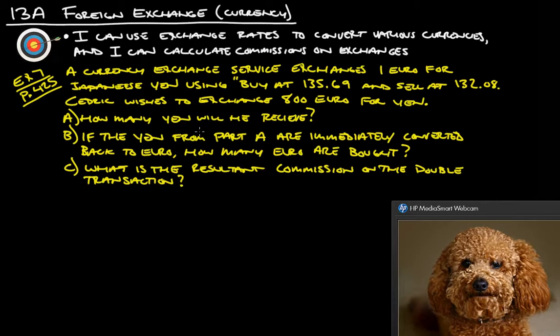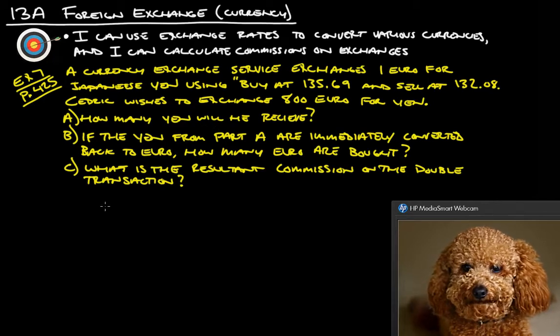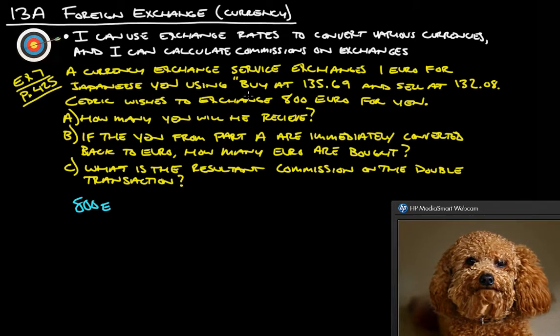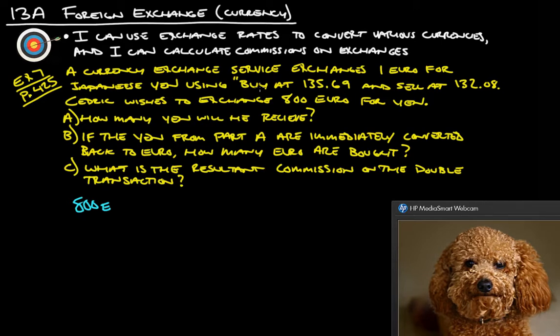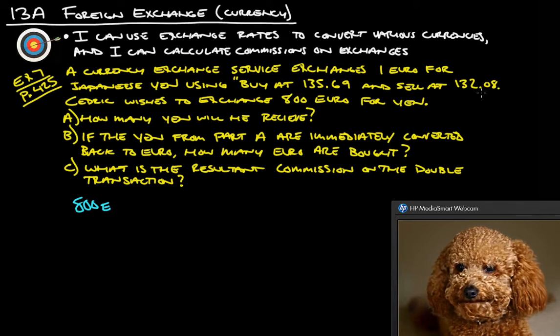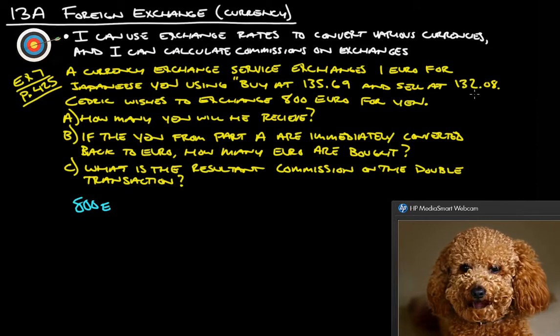So first things first, let's figure out how much yen he will receive. So he starts with €800. Okay, and he's turning euro into Japanese yen. So it's buy at 135.69 and sell at 132.08. All right. So the bank is selling it to him at 132.08. So we take our €800 and